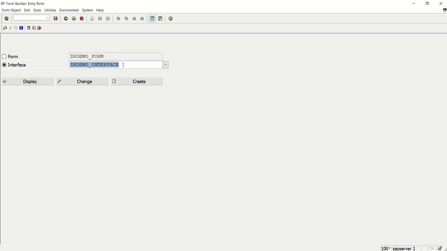Interface is mandatory for creating the Adobe form, as in the smart forms we can write both our ABAP code and design the layout in the same form. But here all ABAP coding, importing, exporting parameters, all we have to do in this interface. So here I will create my first interface